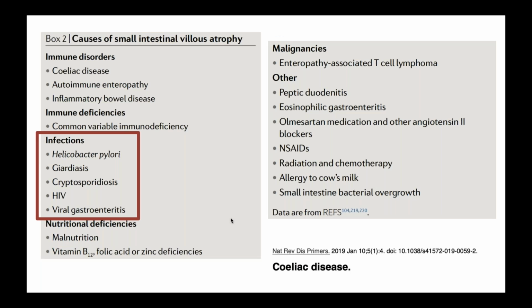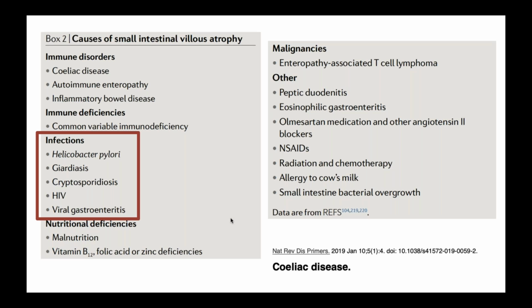This is a slide that summarizes a number of the potential causes of intestinal villus atrophy. So that's kind of the more significant, more extreme end of dysfunction in the small intestine. There's now a recognition that even conditions that may not lead to outright villus atrophy may still have negative impacts on small intestinal functions, such as low-grade inflammation. But this gives you a really good picture that there's many different things that can affect the function of the small intestine and then may have these negative impacts, particularly on the brush border enzymes and